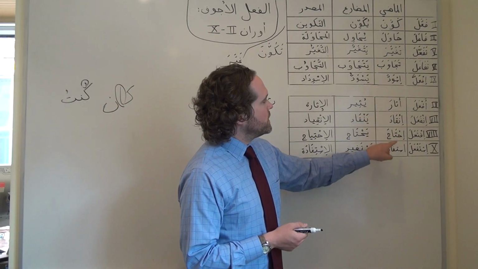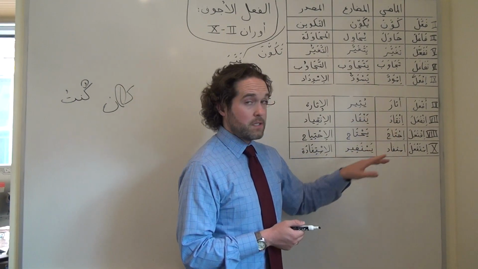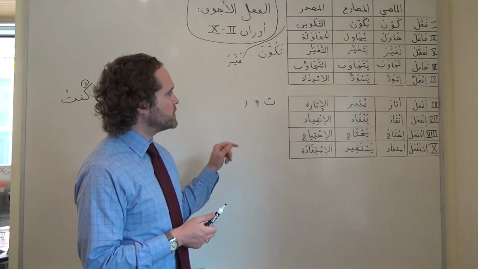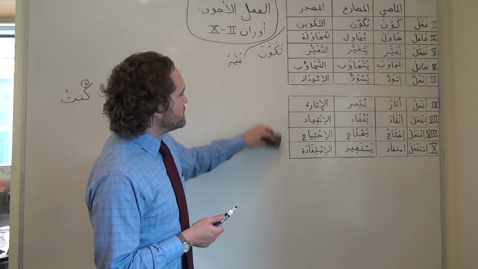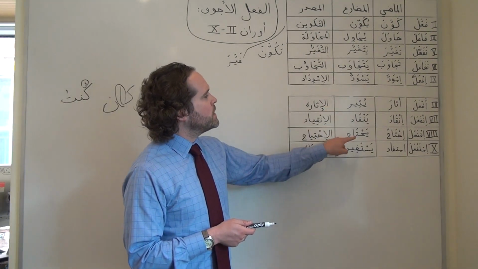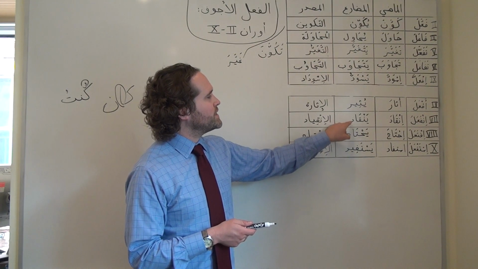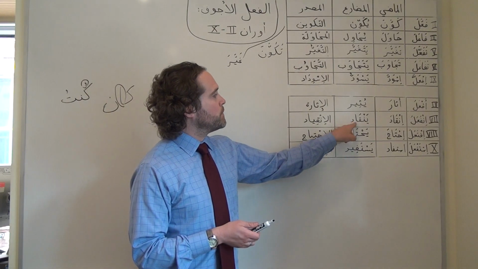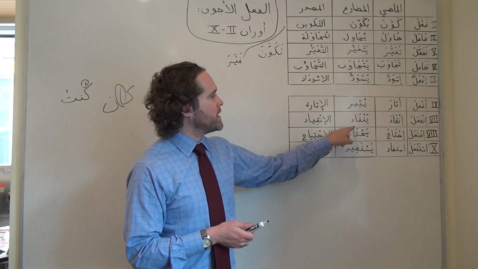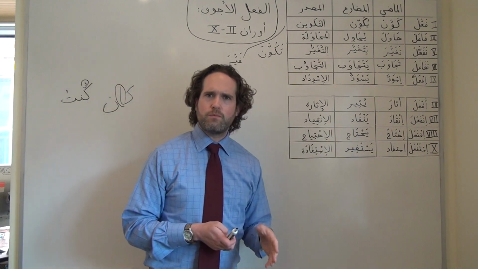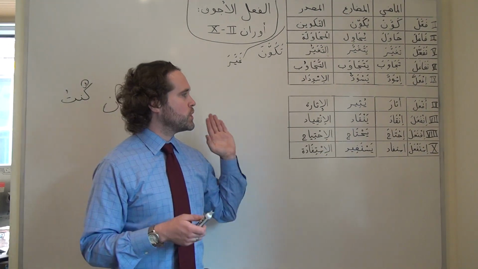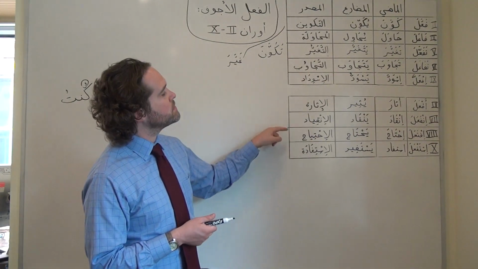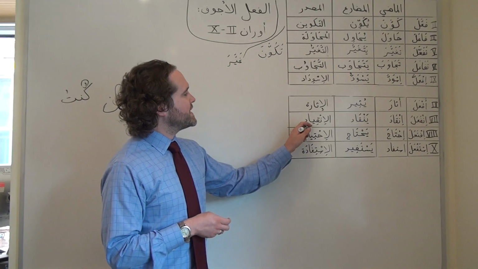As with 4 and 10, we're going to have an alif in the past tense if we have it. And it's always going to be an alif, no matter what the actual letter of the judr is. And, in contrast to 4 and 10, in present tense with 7 and 8, it's going to stay an alif. Actually, for any conjugation in the present tense of a hollow verb in form 7 or form 8, we're going to have that alif. The waw or the ya of the judr is just going to look like an alif in the present tense. And finally, in the masdar, it's going to be represented as a ya.